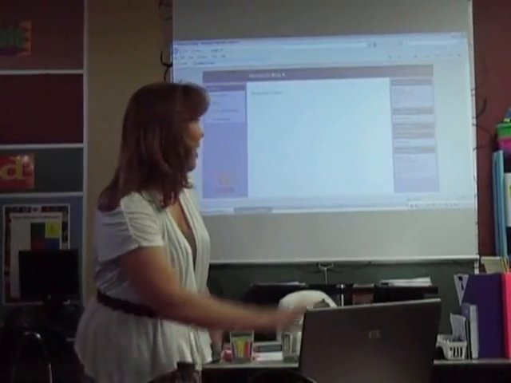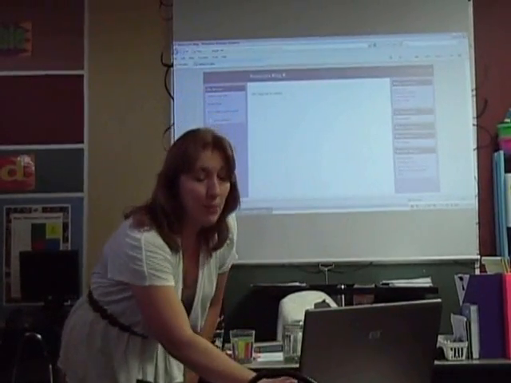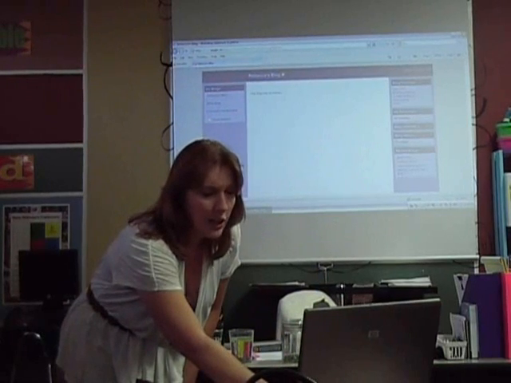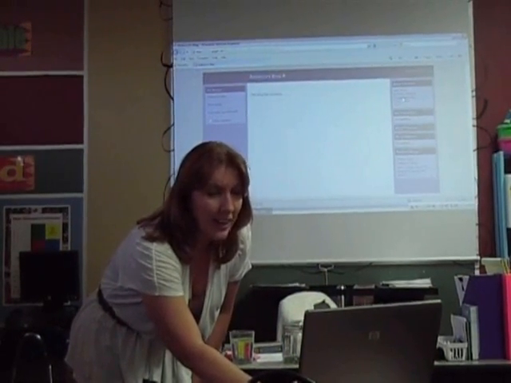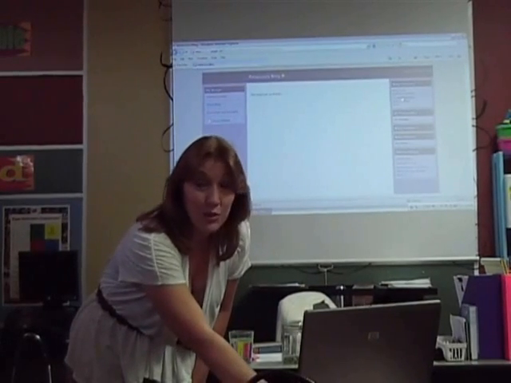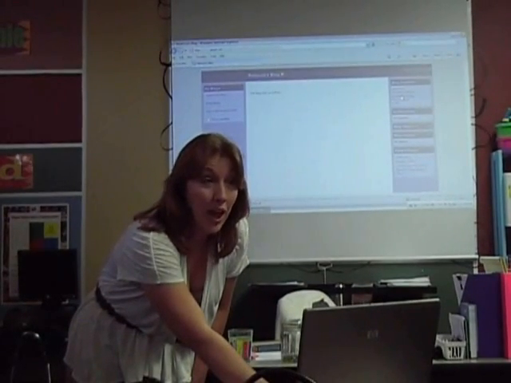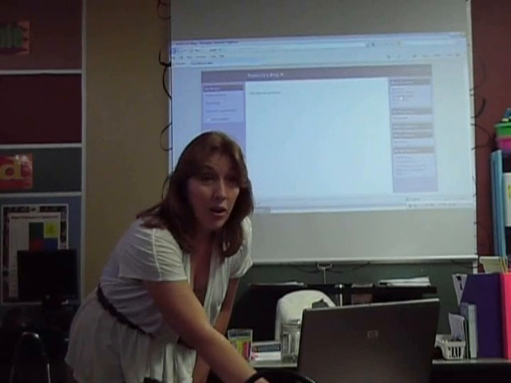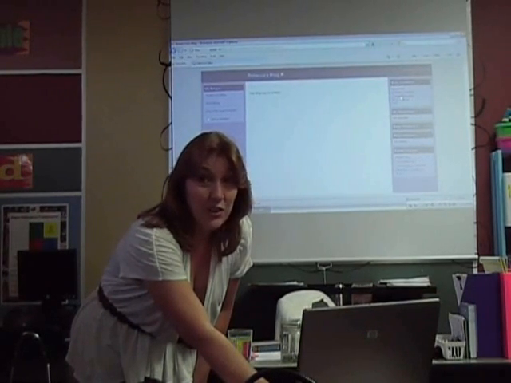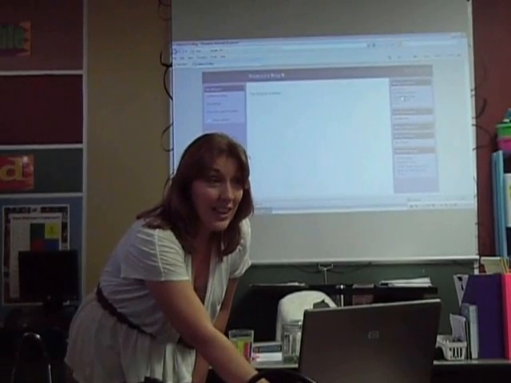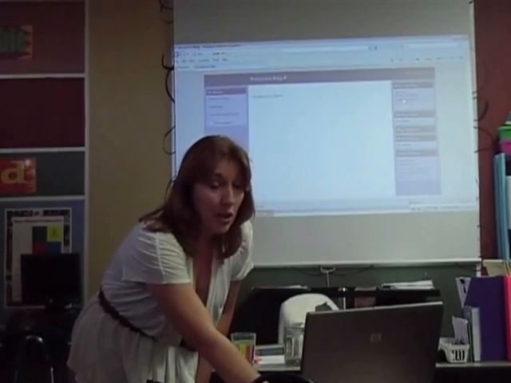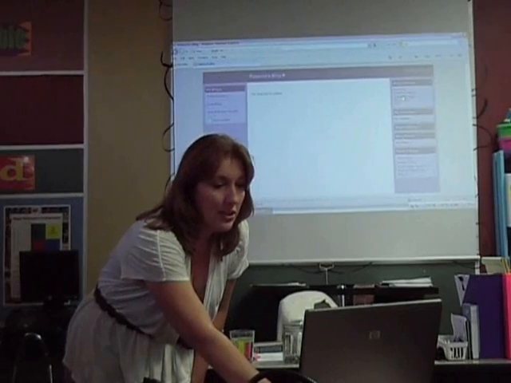And then you'll notice that on the right-hand side, there's a spot that says Blog Controls. You want to click on the third one down. It says Create New Blog, because that's what you're going to do. You're going to create your own blog. And then tomorrow, after we get this set up today and I have a chance to read through them, make sure everything's appropriate, we're going to get the tablets and you're going to be able to comment on each other's blogs.